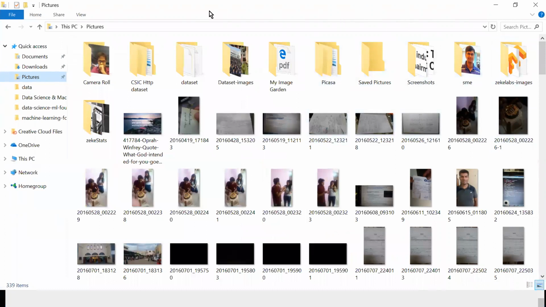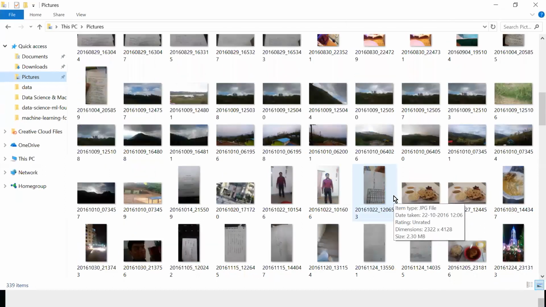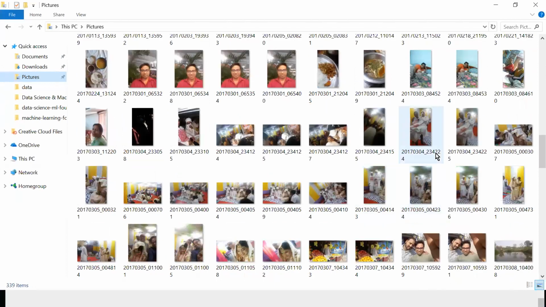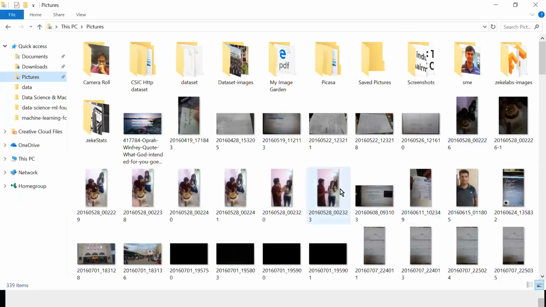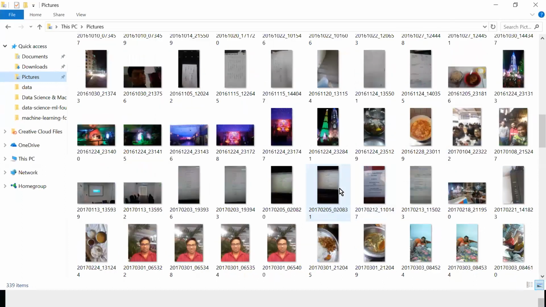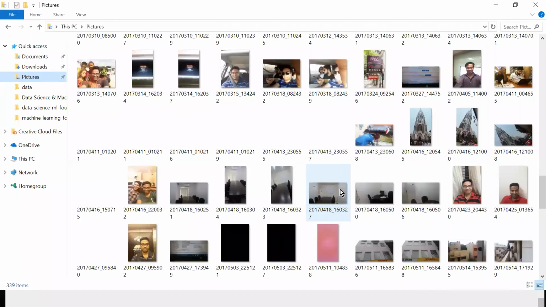Images right now, it's synced from my phone. It should be inside. No, I want to image.